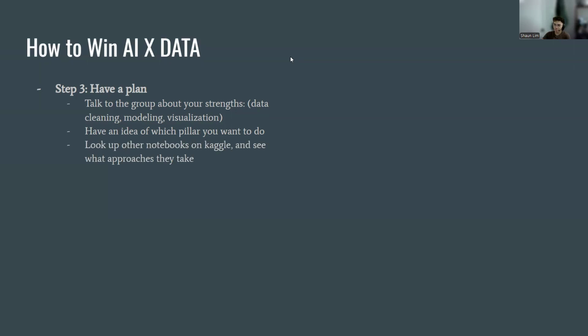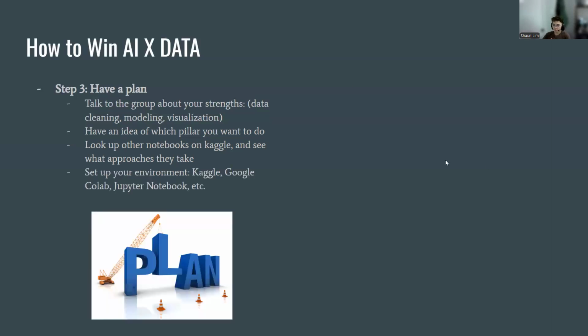You don't want to spend the first hour of the 10-hour time period figuring out which one you want to pick. And I would honestly say also, if you have a pillar in mind, if you know you want to do unsupervised or supervised learning, search up some supervised competitions on Kaggle, and look at some high-rated notebooks and see their thought process and how they go through things to give you a frame of reference, especially if this is your first time doing a datathon or a data science project. And I know it is for a lot of people. Then this is a great way to give you an idea of what the end product will look like.